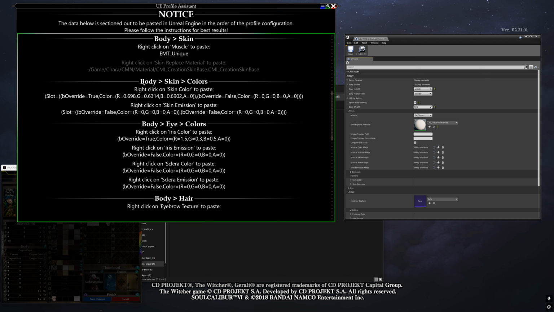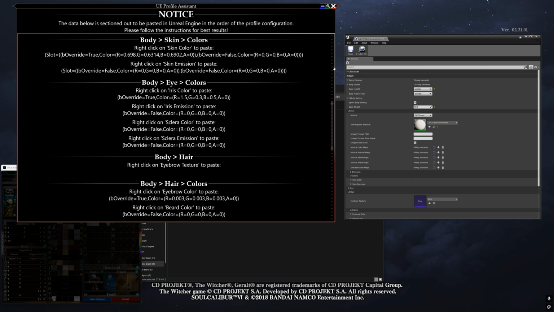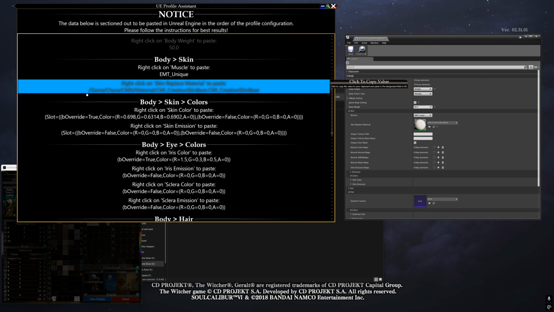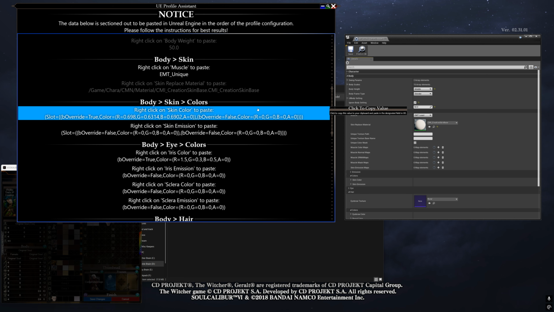So if you have a malfested character you're wanting to make, or like as well, he's got weird unique skin, you'll need to use F model, load up that profile, and get the skin material that way. And you can just paste the path for the skin. Anyway,